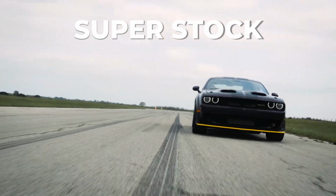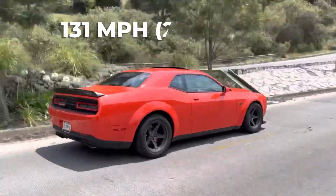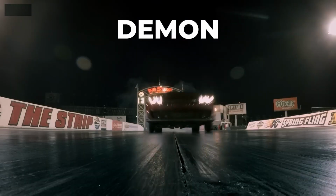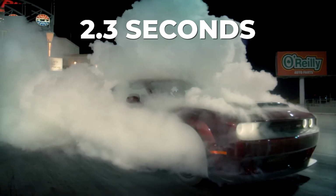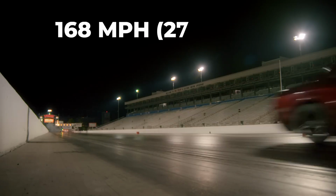The Superstock blazes from 0 to 60 miles per hour in just 3.25 seconds and completes a quarter mile in 10.5 seconds at 131 miles per hour, with its top speed hitting an impressive 168 miles per hour. The Demon, on the other hand, breaks records by accelerating to 60 miles per hour in a breathtaking 2.3 seconds and finishing the quarter mile in 9.65 seconds at 140 miles per hour, boasting a top speed of 168 miles